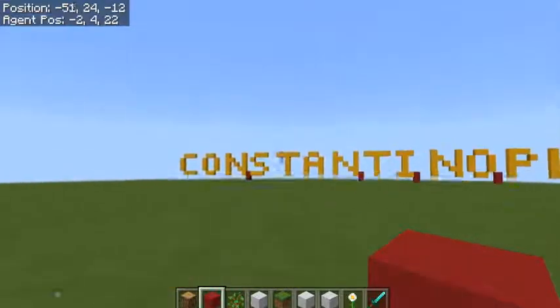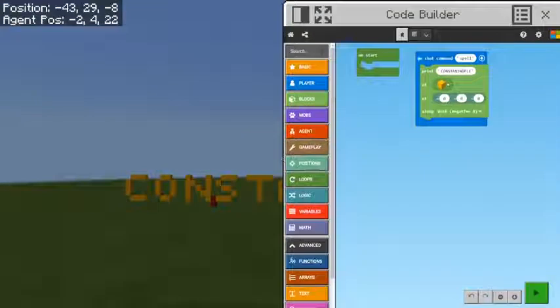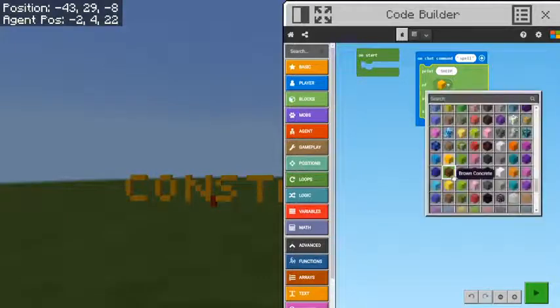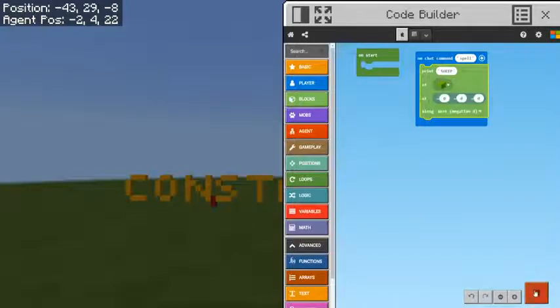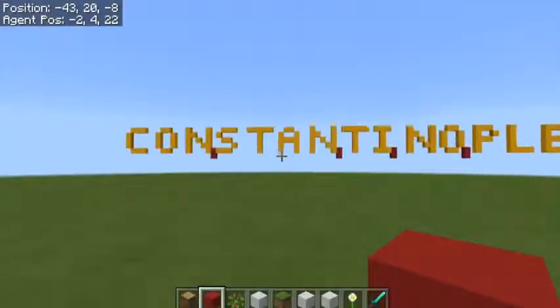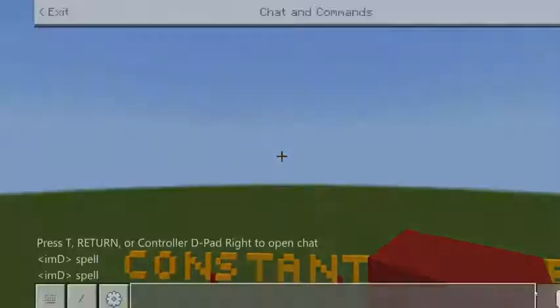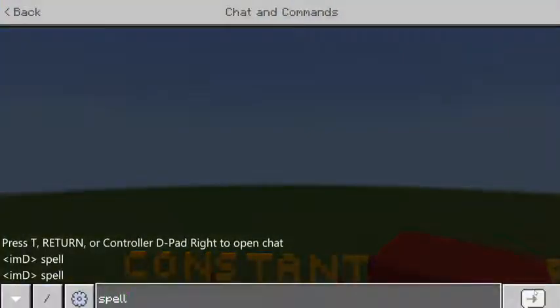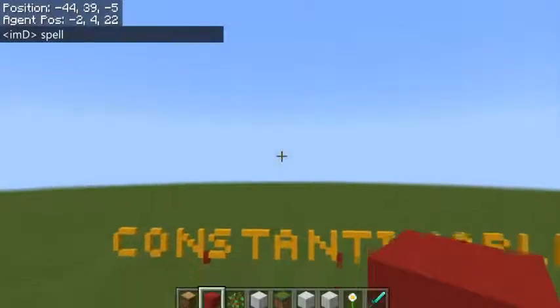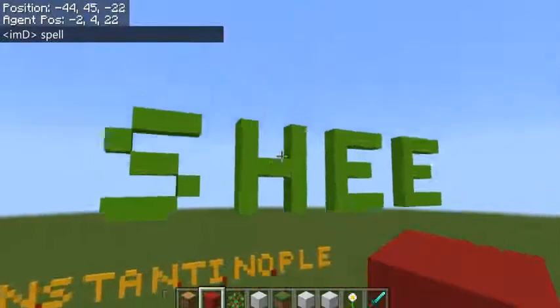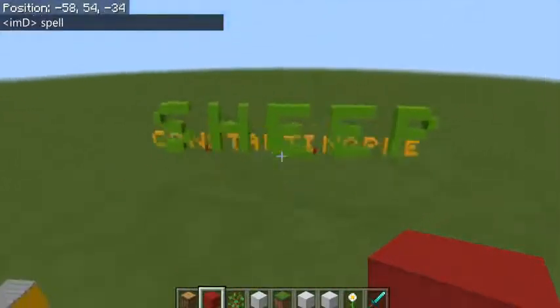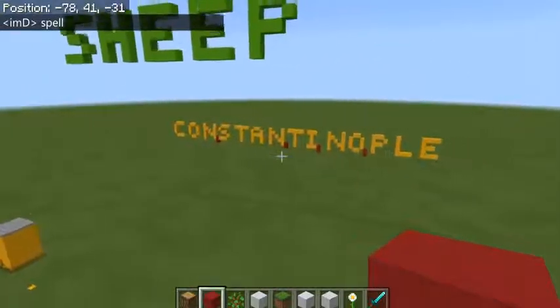So you could do that in advance. Because again, all we now do is go back and change this to sheep. We'll make that green instead, and we'll raise ourselves up a bit, and we'll type, and what we end up with is the word sheep. And then we'll go make another word, and another word, and we can have them at different